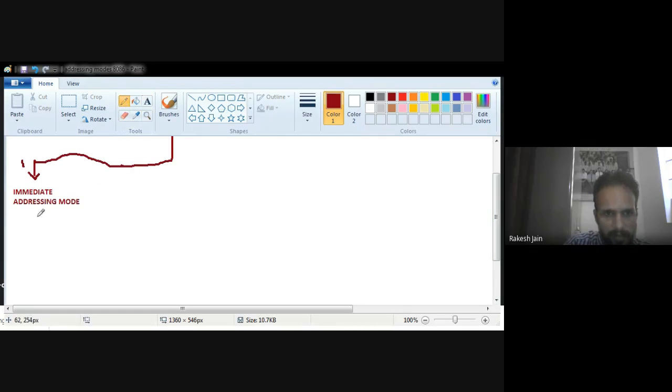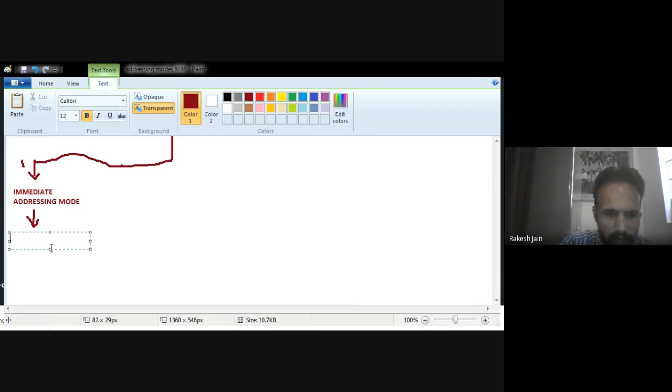I just write down the basic definition here: in immediate addressing mode, the data byte is a part of the instruction.